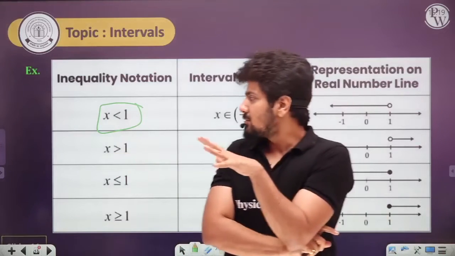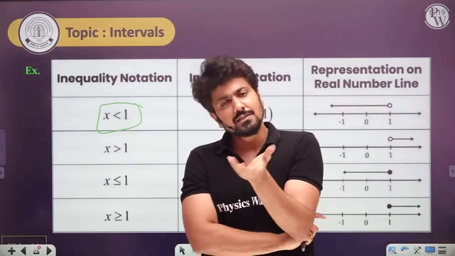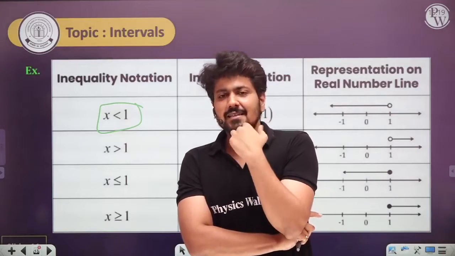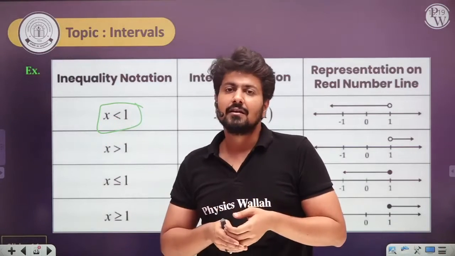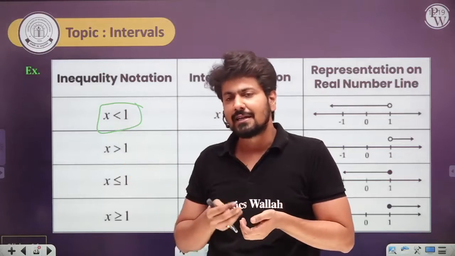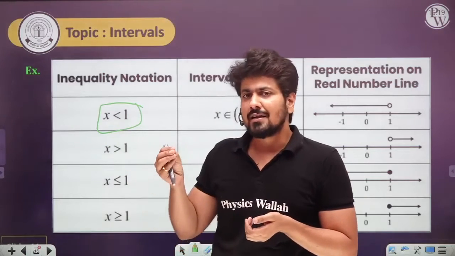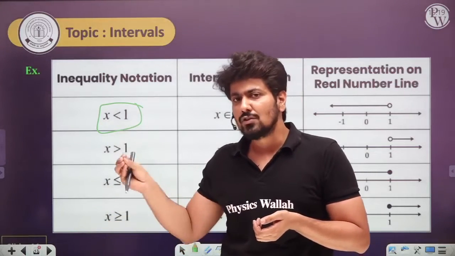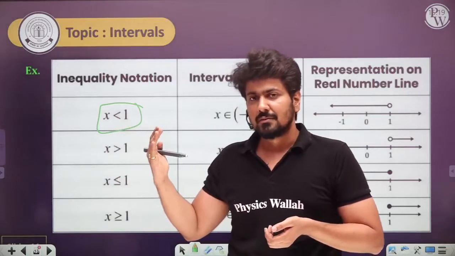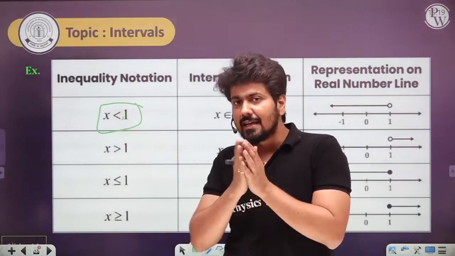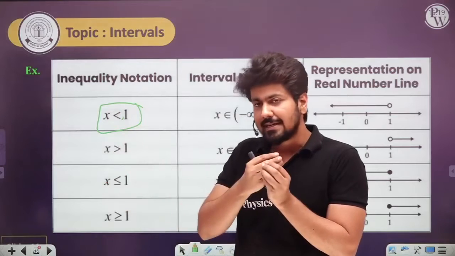You understand by this notation that there is a variable x which is less than 1. That's it. There is a variable x which is basically less than 1. It can be 0.9, it can be 0.5, it can be 0, it can be negative numbers. Basically, this variable x can take several values. There is an entire interval,